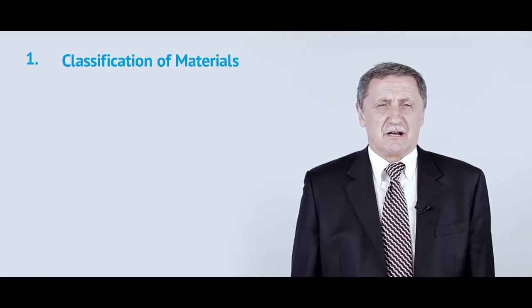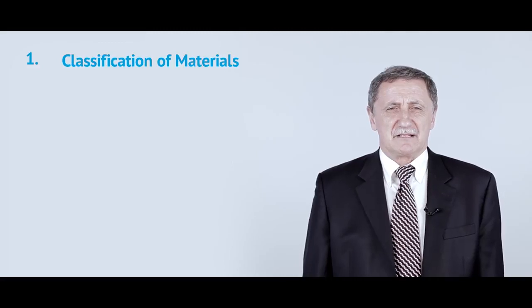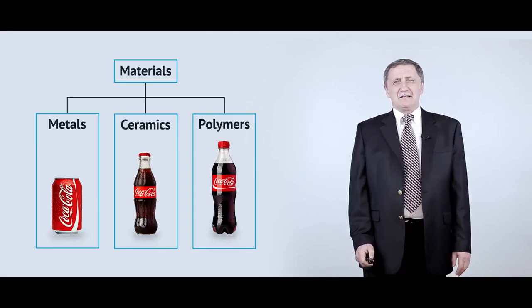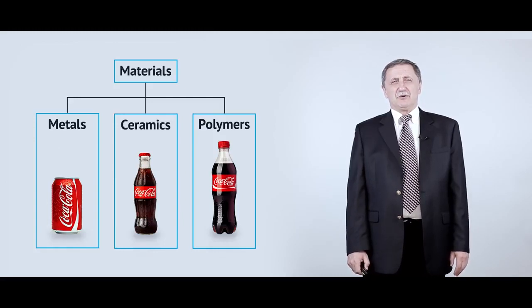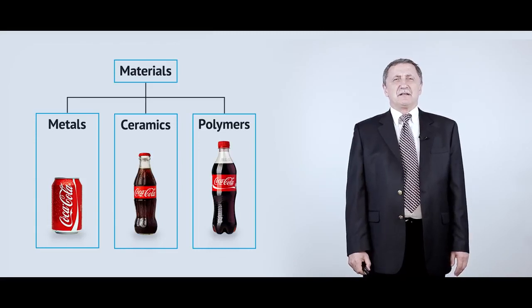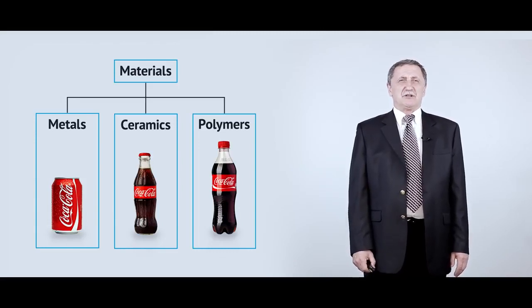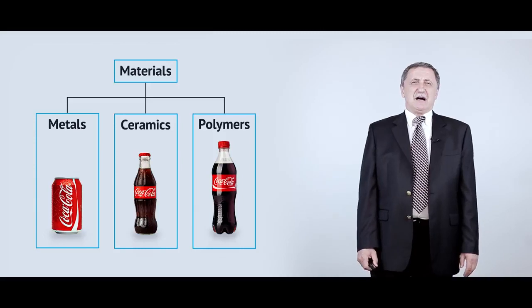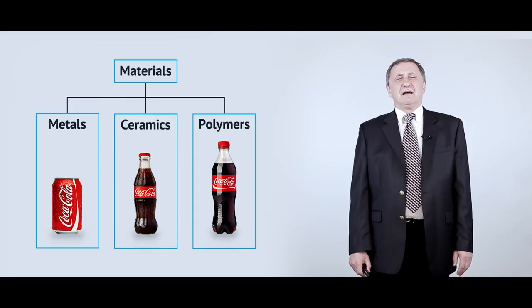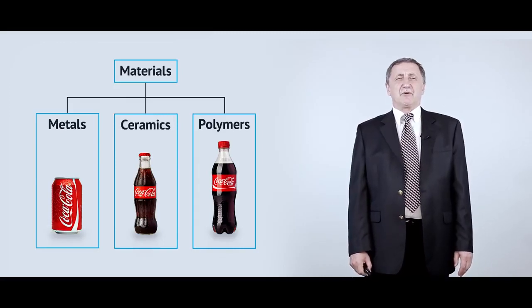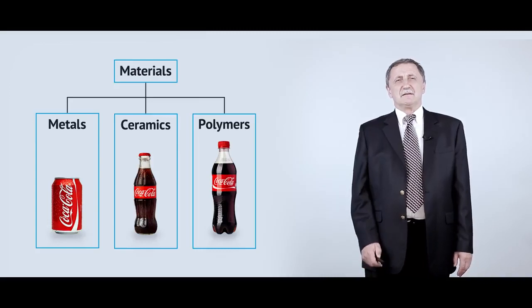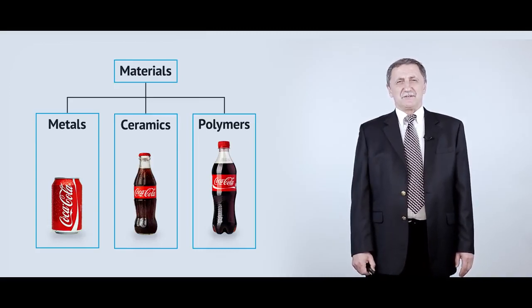It is logical to start a discussion on material science and engineering with the classification of materials. This classification is based on your long life experience. Nothing new here, but we have to remind ourselves what actually is going on. Based on our common sense and life experience, you can easily distinguish three main classes of materials: metals, ceramics, and polymers.